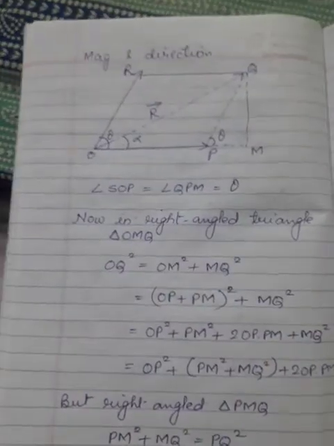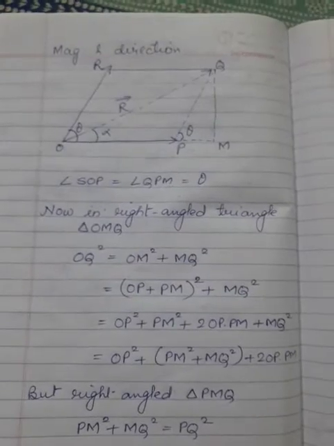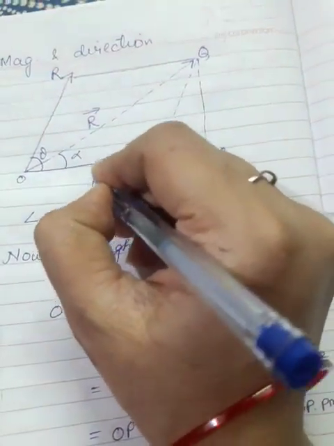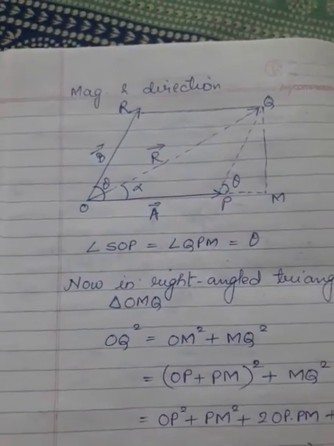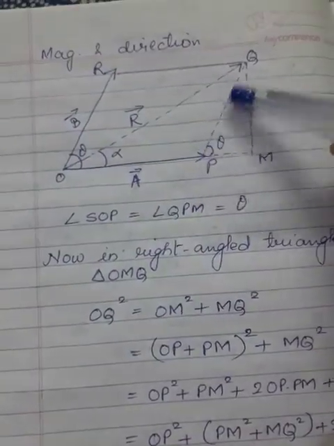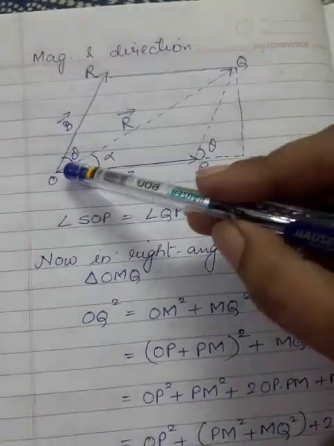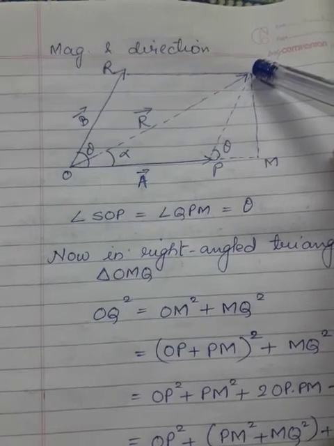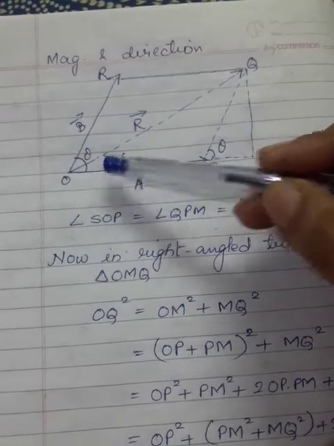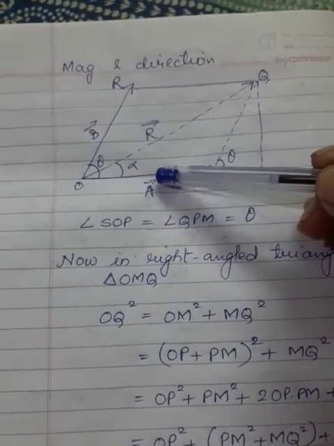Now, getting the proof or the solution of it, we are considering that there is a parallelogram, and in this parallelogram, this is your vector A and another one is your vector B. In between vector A and vector B, you have an angle called theta. Draw a parallelogram out of it, and the resultant will be represented by the diagonal of this parallelogram. This resultant will make angle alpha with one of the vectors, that is vector A.